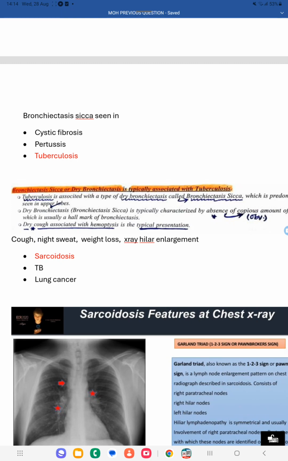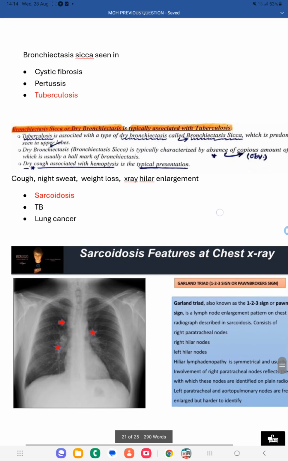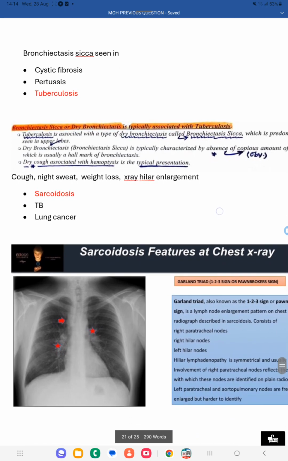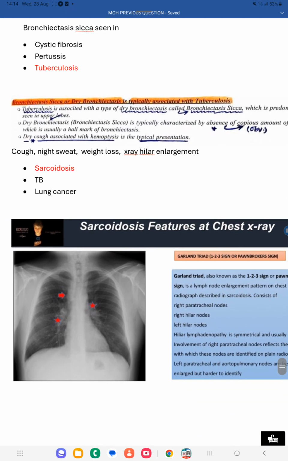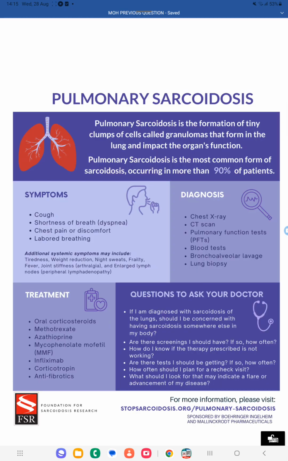Next one is cough, night sweat, weight loss, and in X-ray, hilar enlargement. Seen in which condition? Answer is sarcoidosis. So sarcoidosis is a condition where the immune system will be overreacting, and because of the overreaction there will be multiple nodules forming, that is called